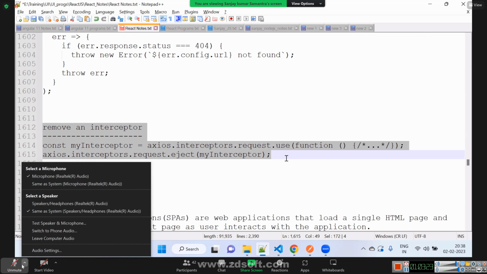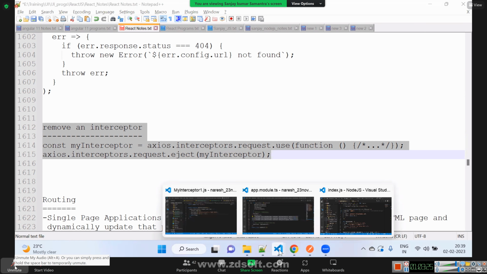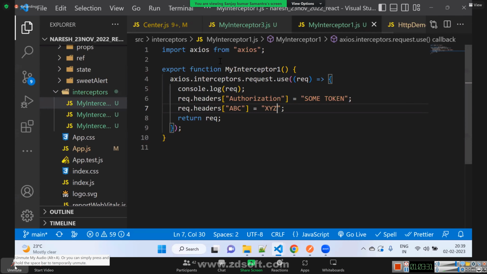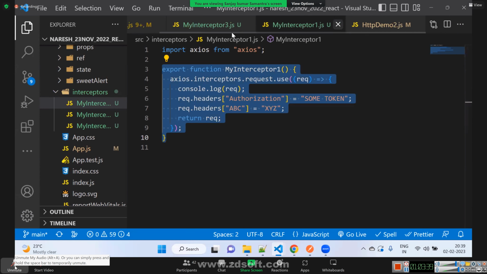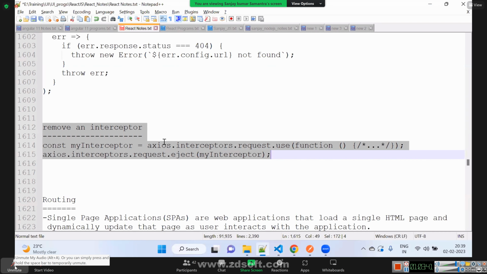But where do we have to specify that it has to stop using the interceptor? See, this is our interceptor, where we are creating it, and in app.js we are calling it. Whenever we make an API call, it goes into that interceptor. And we need a point. That point can be after login success or after a button click. Whenever you want to disable the interceptors, you just write this line.